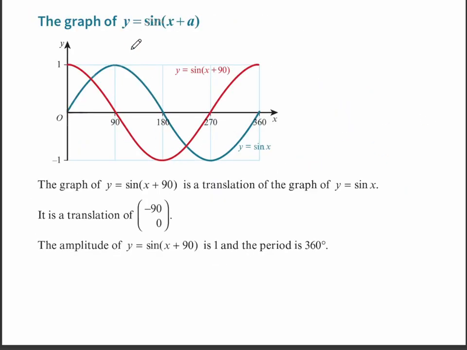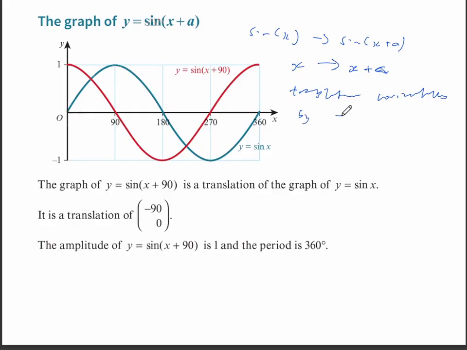Next, we look at the graph of y equals sine x plus a, where the plus a is within the bracket. Meaning, what has happened here is that sine x has gone to sine of x plus a. That means that x has been transformed to x plus a. And if you remember from the functions topic, this means there is a translation horizontally